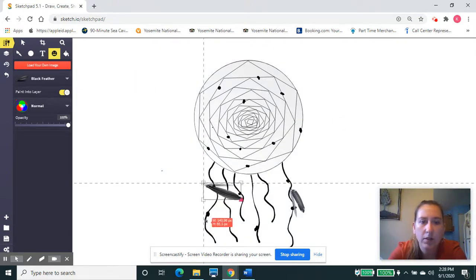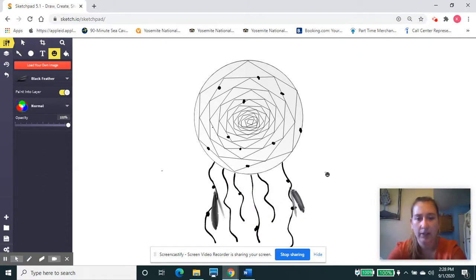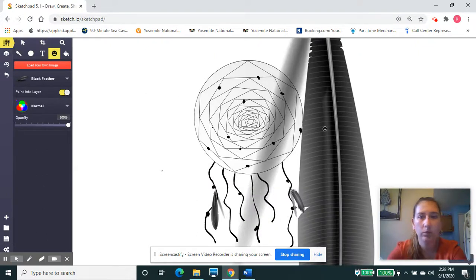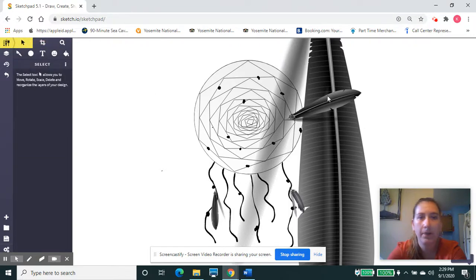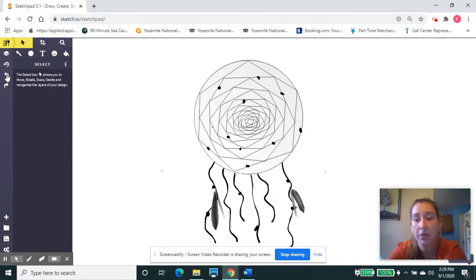So you want it to look like it goes. We're usually mainly black and white, so you don't want it to clash. Whoa, I don't know where. Oh, every time I click, it makes another one. So anyways, I'm going to undo the other giant feather. But that looks pretty good. The last step is creating your background. So